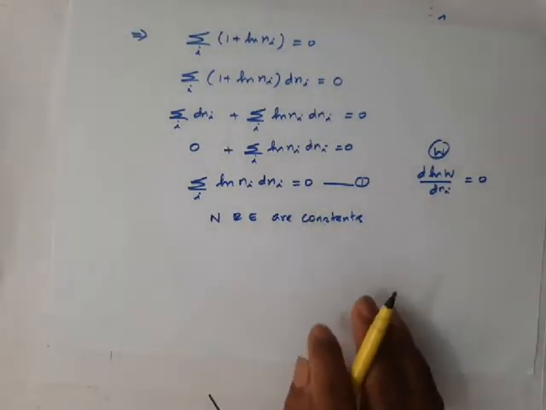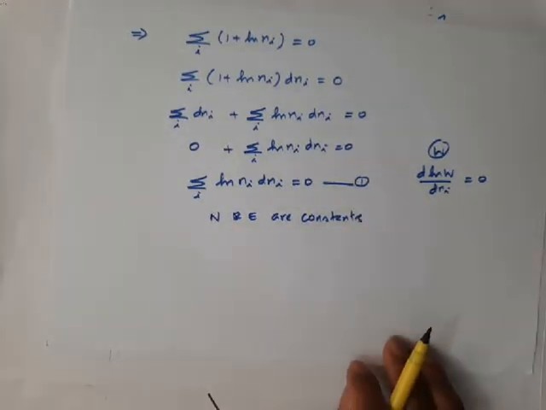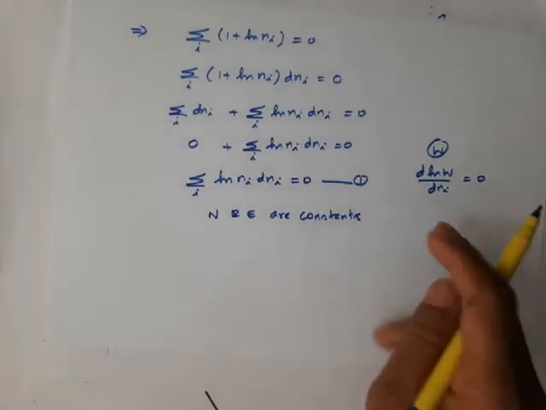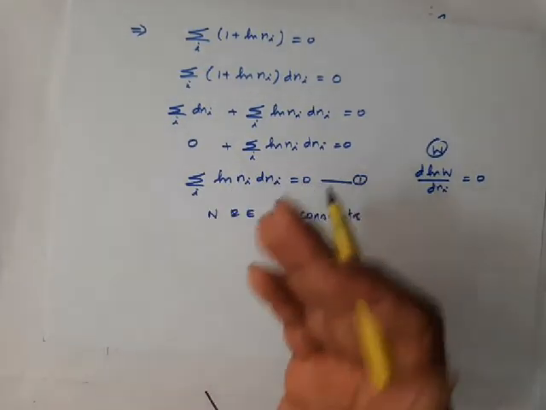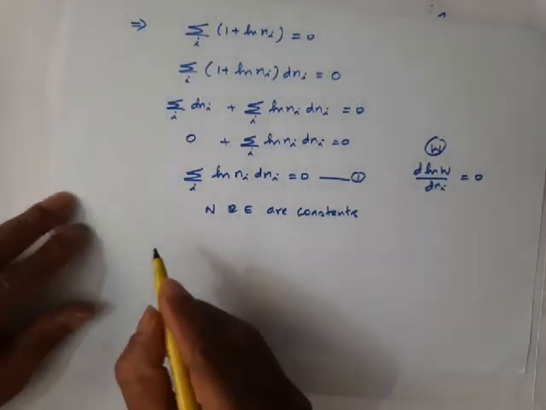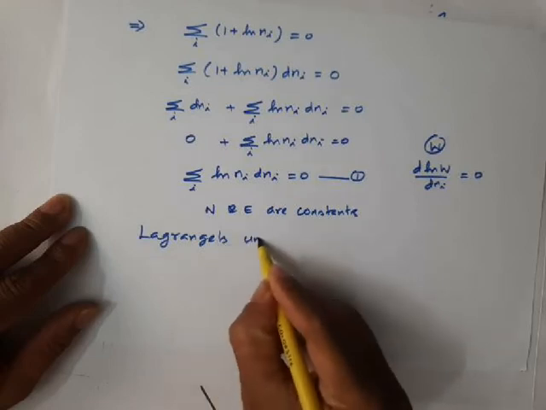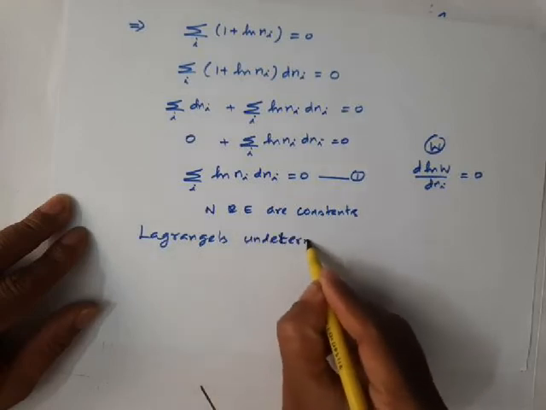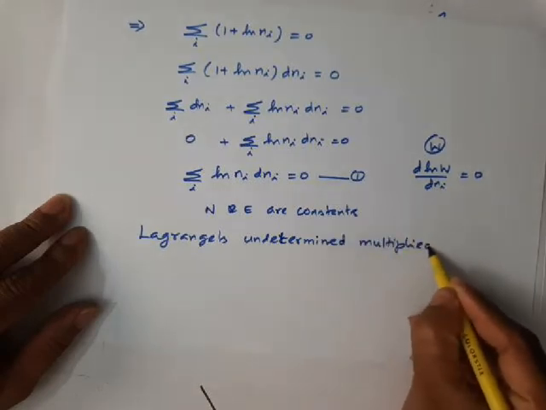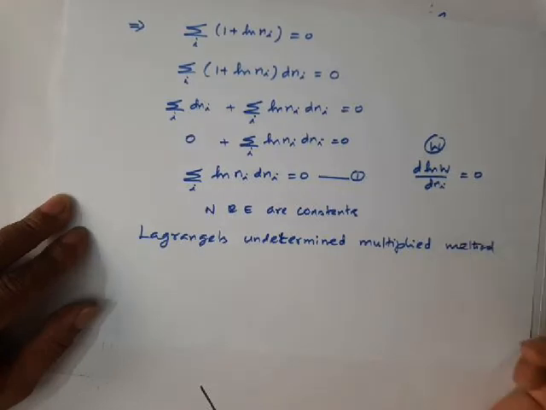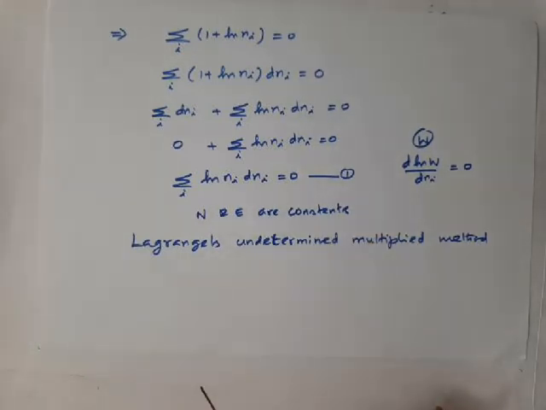We have a method in mathematics called Lagrange's undetermined multiplier method. Whenever you want to maximize any function, keeping some quantities constant, we usually adopt this method called Lagrange's undetermined multiplier method. This is the method we follow. According to this method,